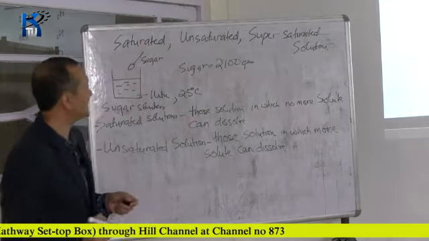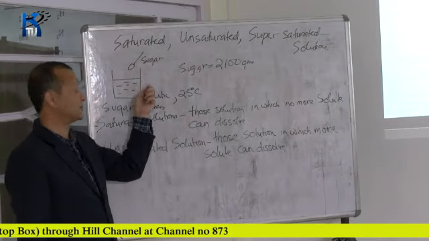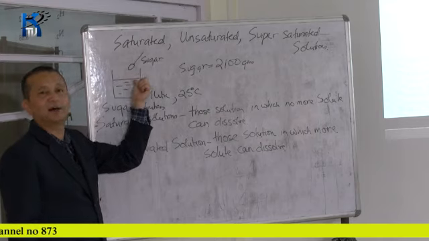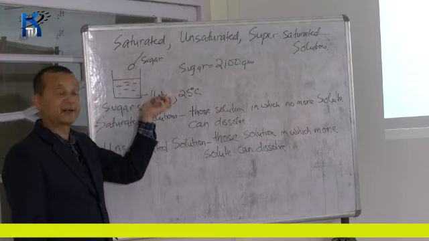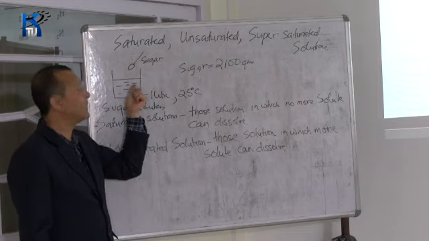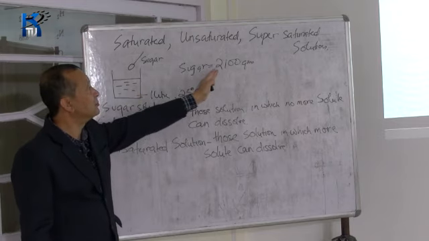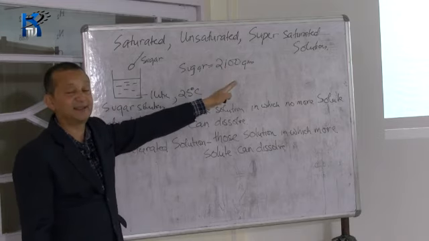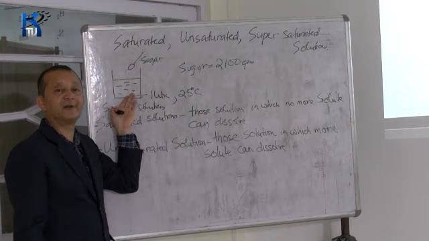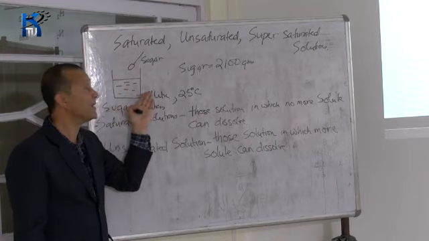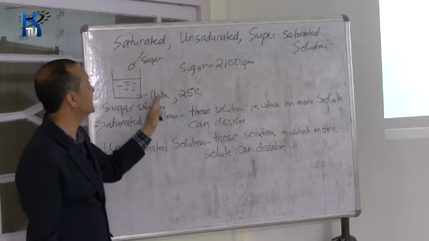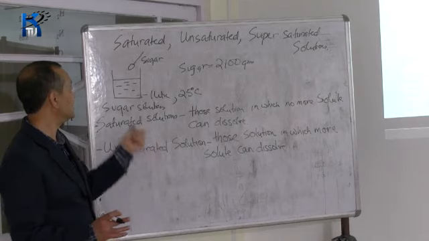Okay, so again, example of this sugar solution. I have taken 1 liter of water in a container and I have added sugar. I go on adding sugar, say 100 grams, 200 grams, 500 grams, it will continue to dissolve. But when I have added 2100 grams, after that the sugar does not dissolve, it remains as crystals.